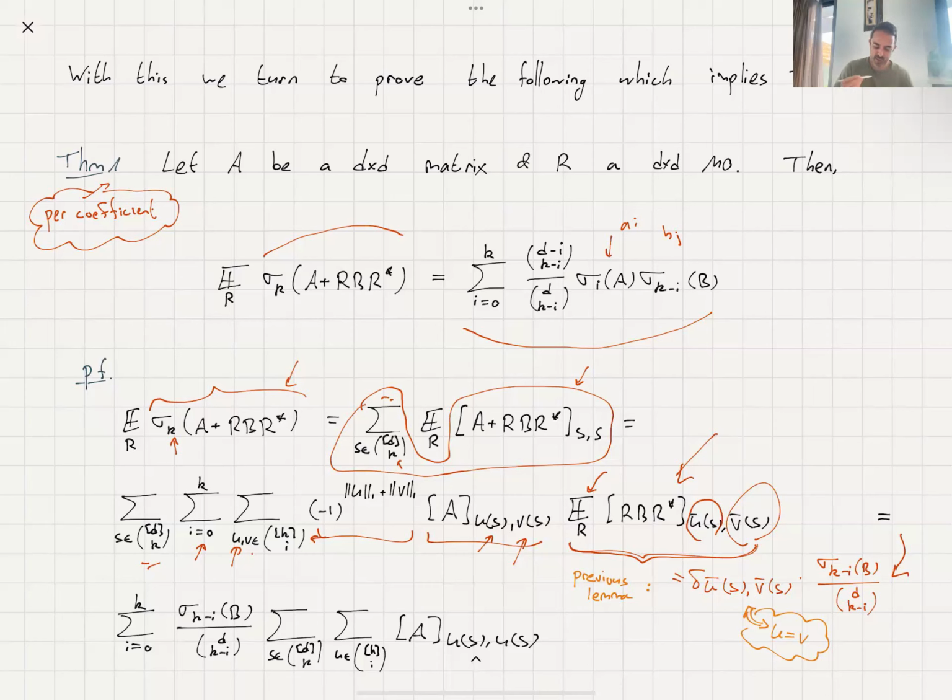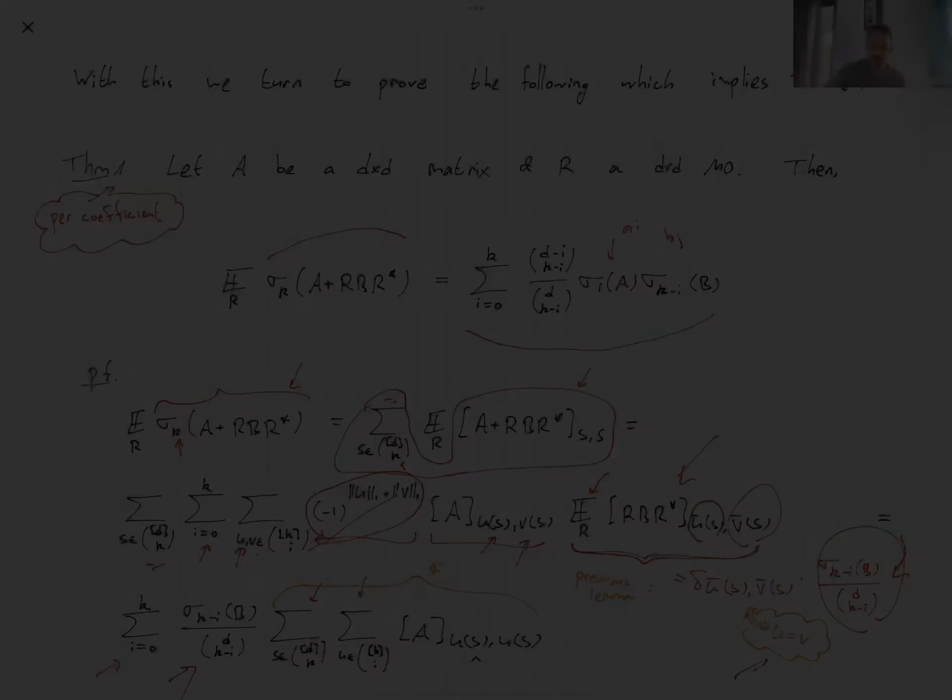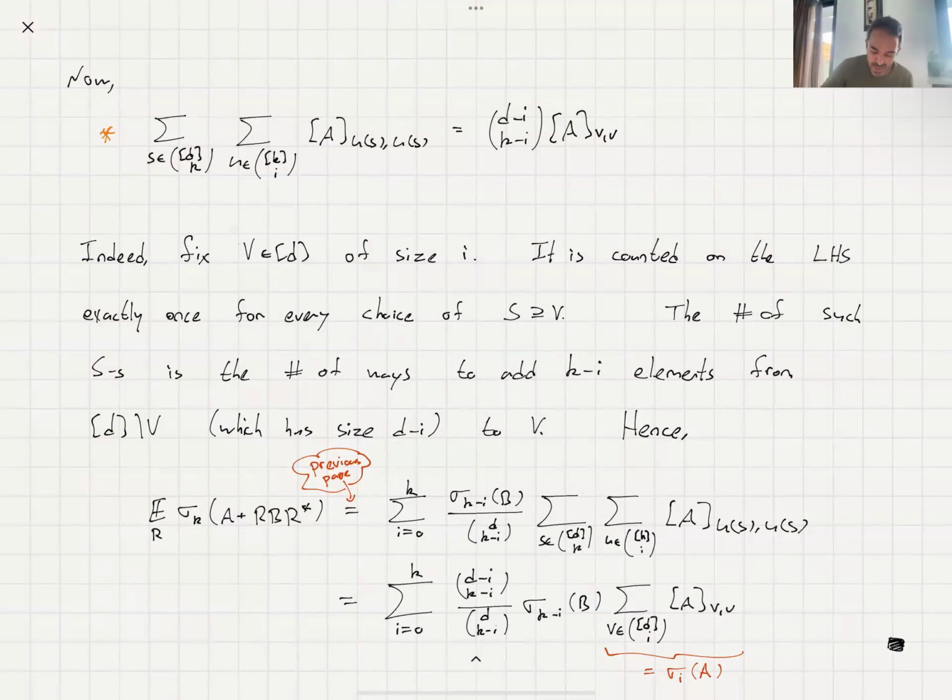But let's also change the order of summation. Here we sum from i equals 0 to k, and then we take this expression and put it here. It only depends on i and k and b, so these are fixed. And then we sum over all S and over all U. U equals V now because of this, so we don't have to worry about V. And then this sign goes away because U equals V, so it's just 1. And then you have U S rather than V S because U equals V. So this star, I claim, equals this thing,